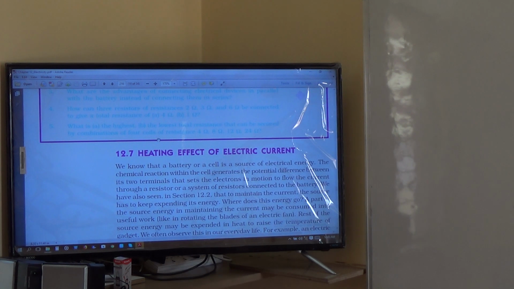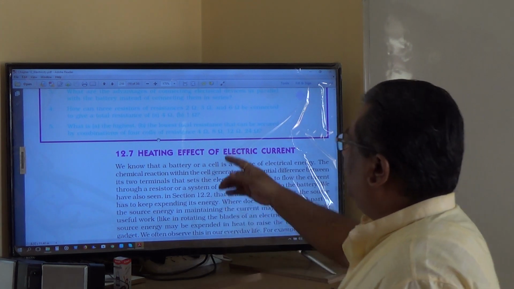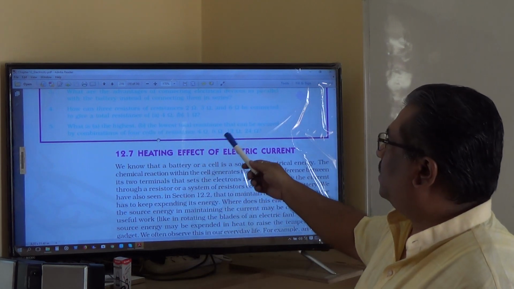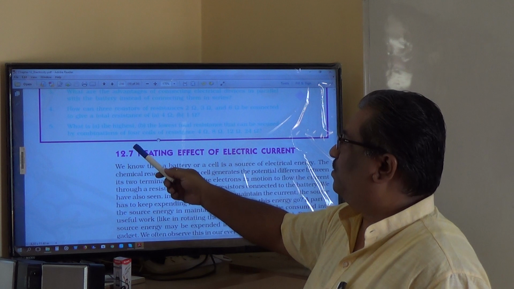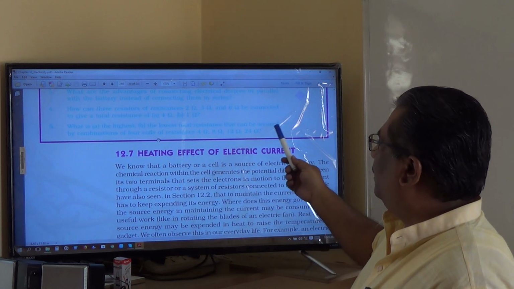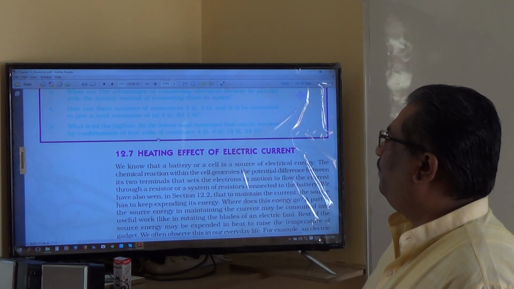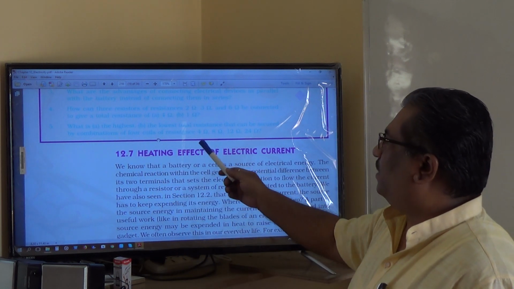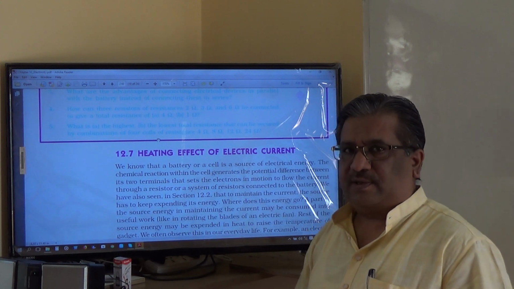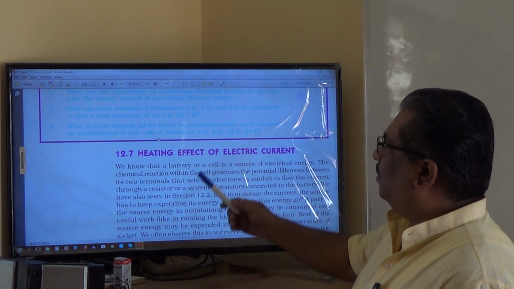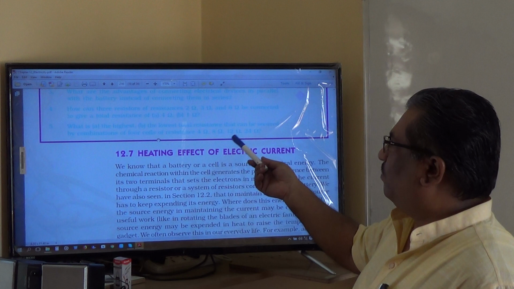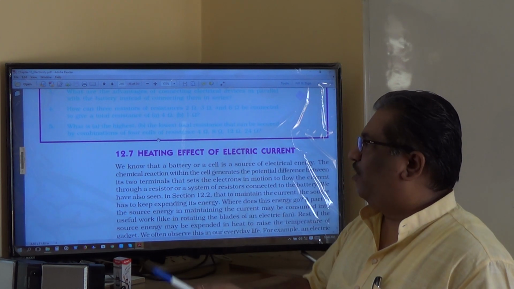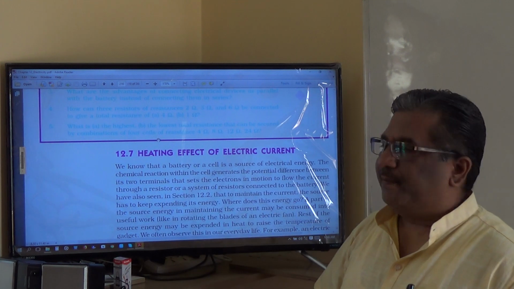Next question is, what is the highest and lowest resistance that can be secured by combination of 4 coils of resistance? This 1, 2, 3, 4 are there. Highest resistance will be by connecting all these in series combination. Is it right? Okay. If you work out, you can work out yourself. If all these are connected in series combination, we get the highest resistance.